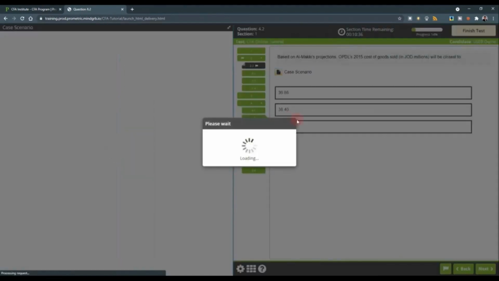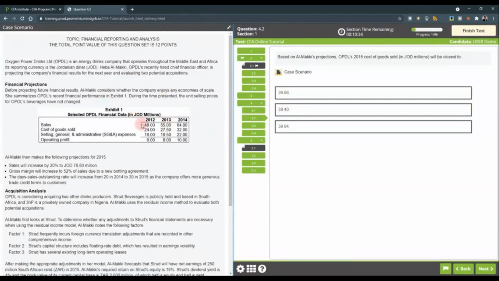For level 2, this is how it will look like. Case scenario on the left, questions on the right. Same thing for level 3, session 2 item sets. It will also be a 2 screen. Left hand side will be the case scenario, right hand side will be the questions. Now at the bottom you have your